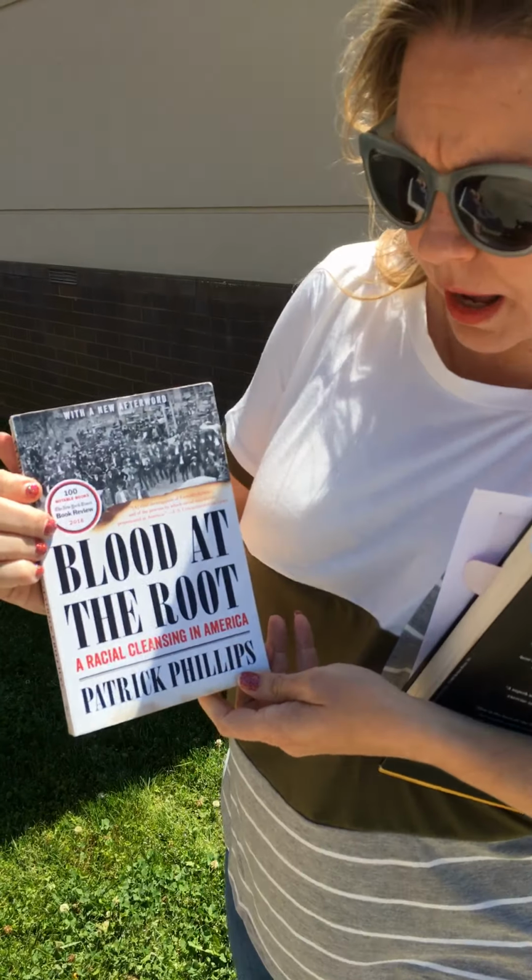technology. I grabbed this book from my desk because there are a lot of connections between this and the Leo Frank trial, and one in particular deals with the tower. Blood at the Root by Patrick Phillips, an excellent read. It details the terrible racial cleansing of Forsyth County. And there are so many details that I won't do it justice, but in a nutshell, around 1913, two African American teenage boys were lynched in a mob situation, and